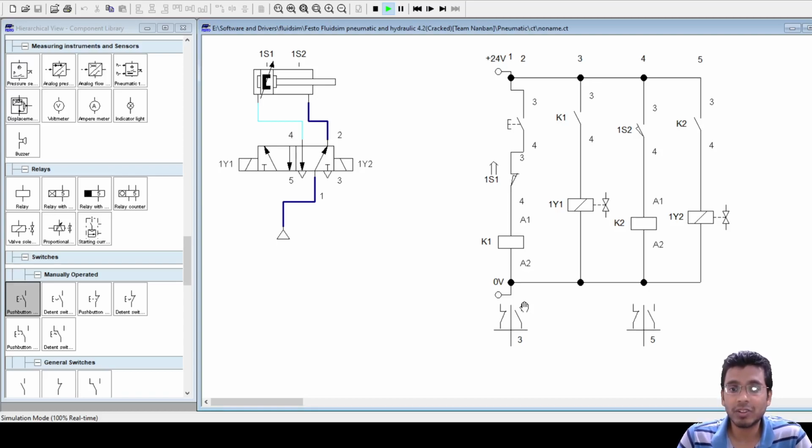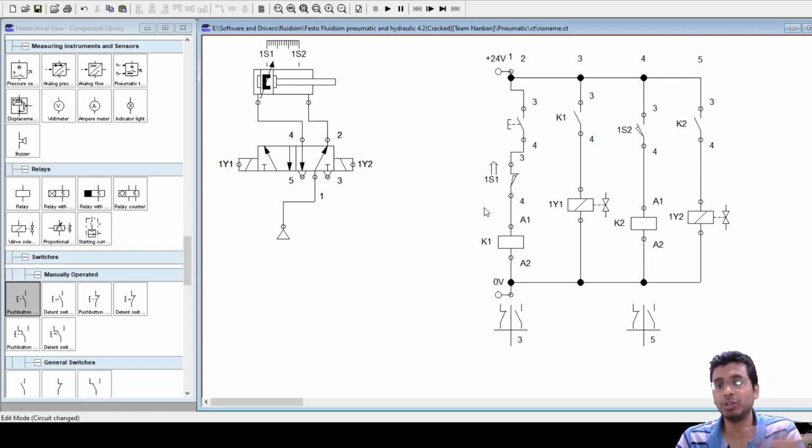Okay. See, even for a push button, when you are doing it for a push button, then do you actually need this 1S1 valve? Without 1S1 also you can continue with this for one cycle. For example, if I have only one cycle and I'm using a push button, I do not require 1S1 here. Do I require this limit switch if I have to continue it for only one cycle? If suppose I do not have this one, will my circuit work now?